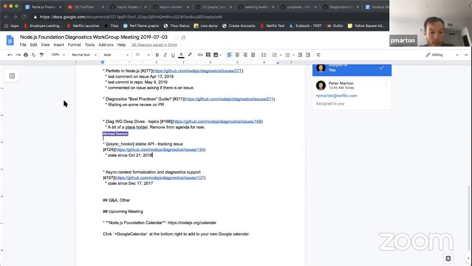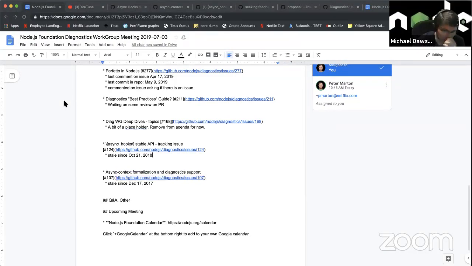And the last item is the async context formalization, which is also missing a champion now. Do you know if Microsoft has an interest in it? I don't think he's going to be able to push it forward. Mm-hmm. I was talking with Joe, who's doing some work on the promises front, and also on TC39, where